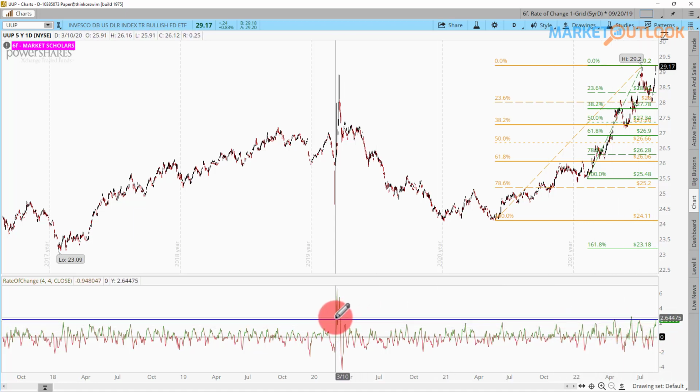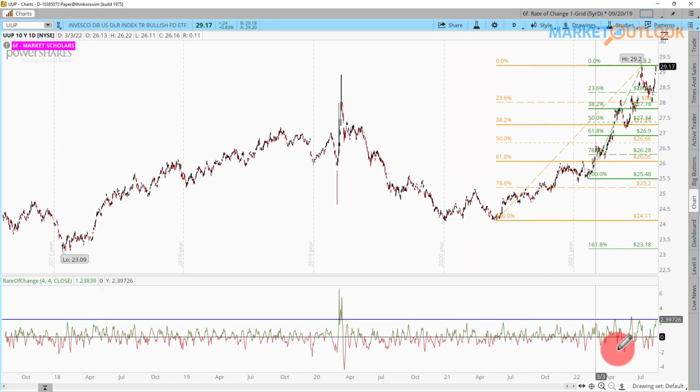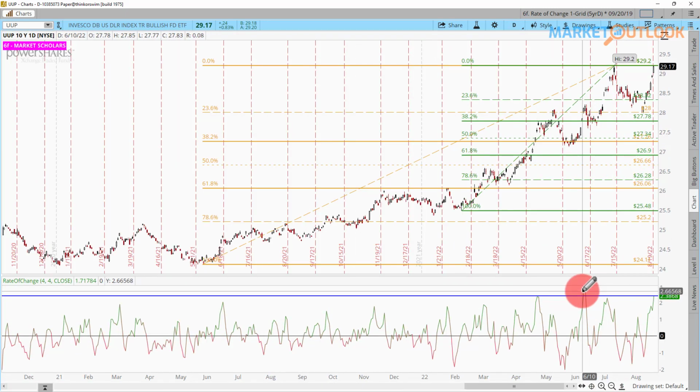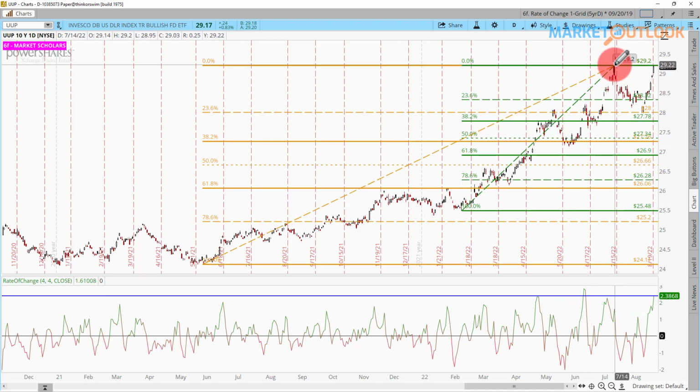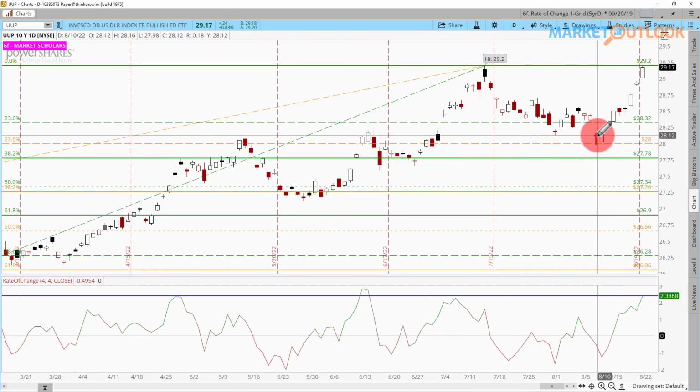Obviously during COVID was another time. Here, let me zoom out so we can get a little bit more perspective. During COVID, and earlier here in mid-June, we had a strong run on the dollar. Even with this rally on the dollar, we never did get this kind of rally we've just had right now. And even if I were to go out, not including this one because it was a gap down,